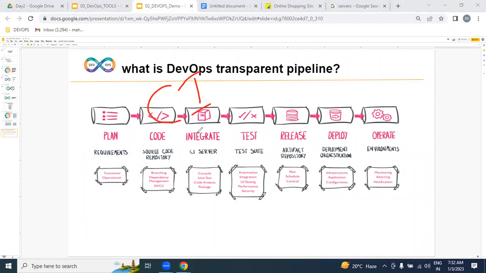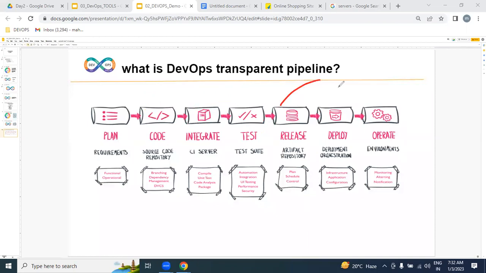After integrating all developer source code, we check whether the software is working or not. Our test cases, which are written by testers, are integrated and automatically executed. And if there is no error, we are going to continuously deliver. Once CI/CD is done,